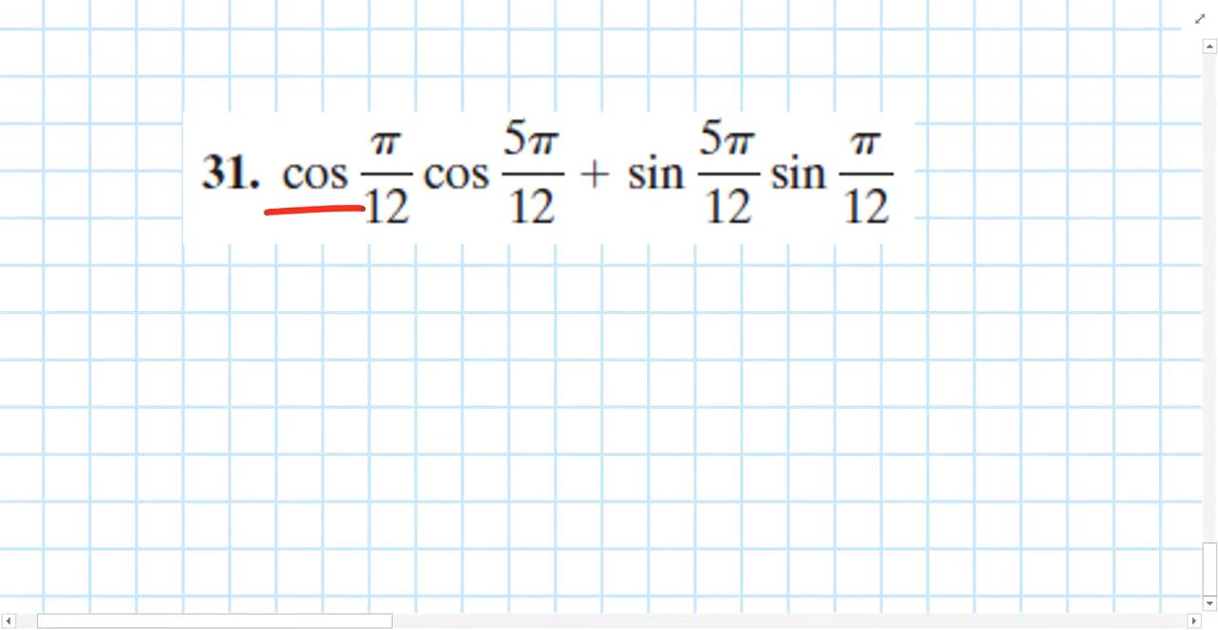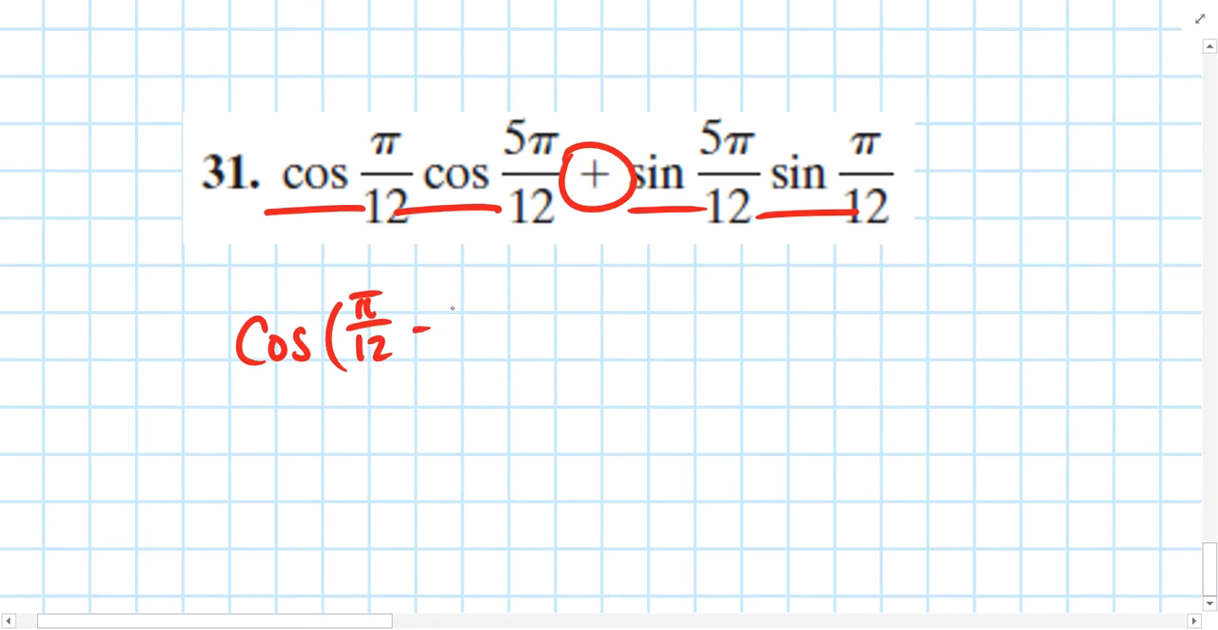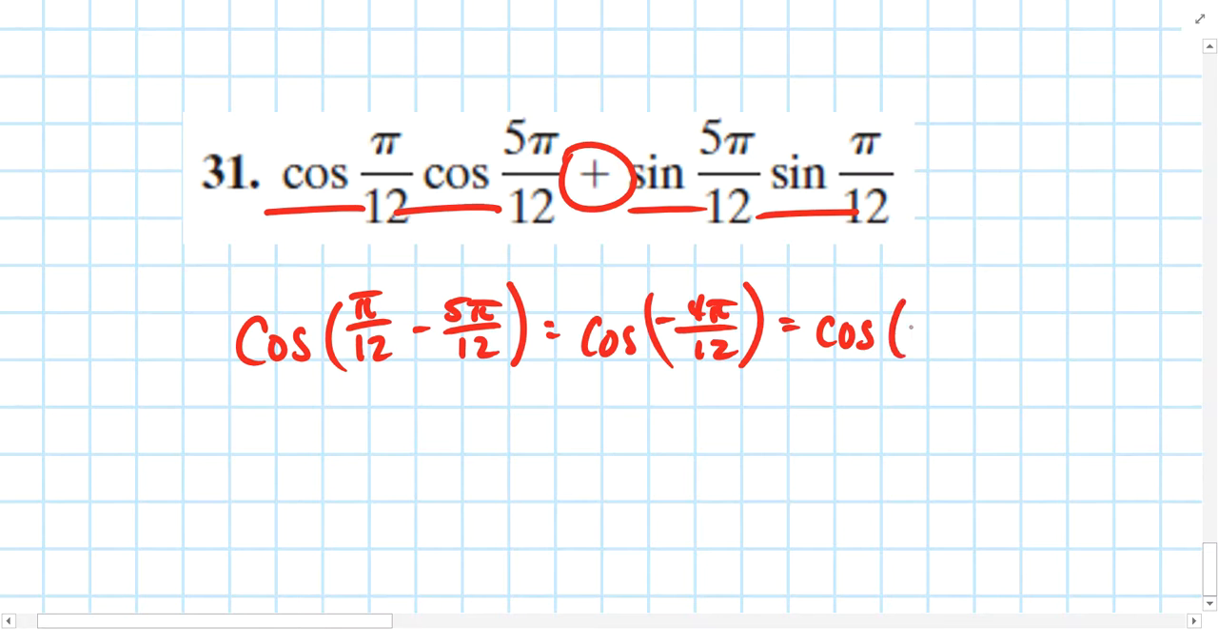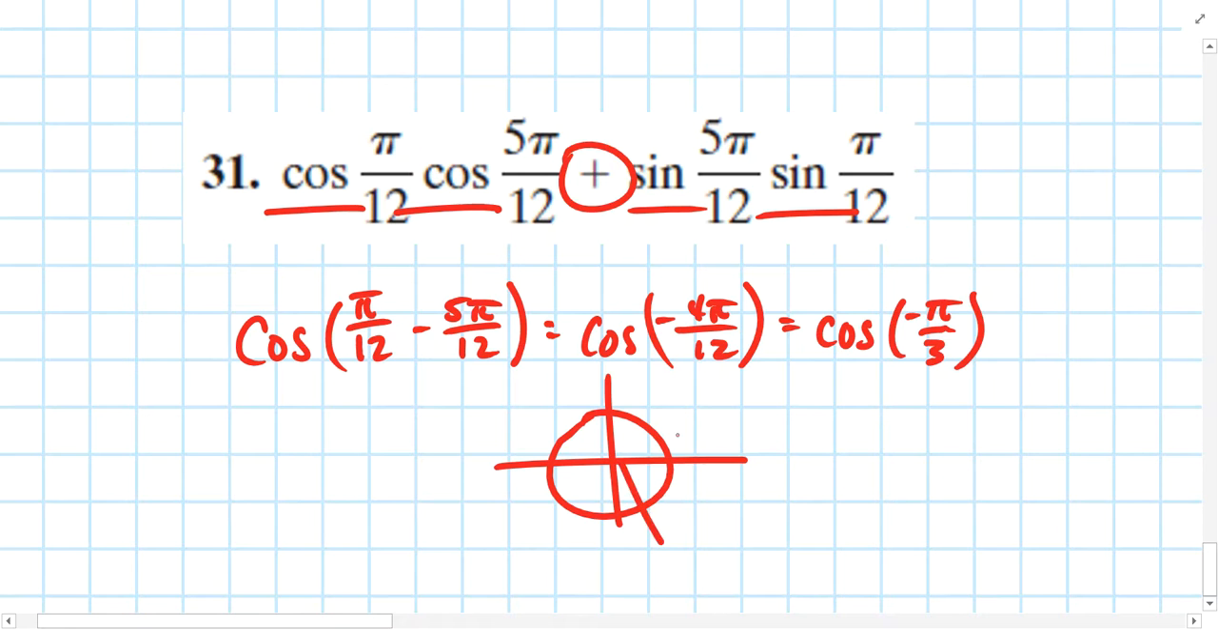And lastly, cosine times cosine plus sine times sine is an indicator of the difference identity for cosine. So we have cosine of pi over 12 minus 5 pi over 12, which is cosine of -4 pi over 12. And 4 over 12 reduces to 1/3. So we're talking about cosine of negative pi over 3. Now that position is down here. The last position before vertical in a clockwise rotation, and the x value of that position